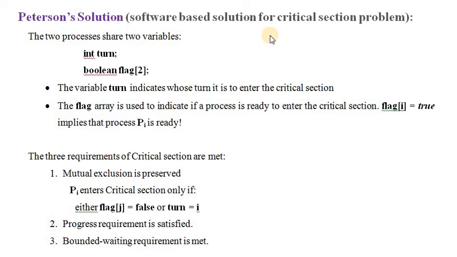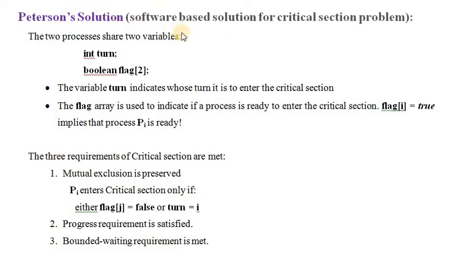That critical section problem will arise based on the race condition. Race condition is nothing but the order of execution of instructions. In which order we are going to execute any set of instructions, based on that order the result will come at the end. So in this critical section problem we will have a solution. This is called a software based solution, called the Peterson solution.